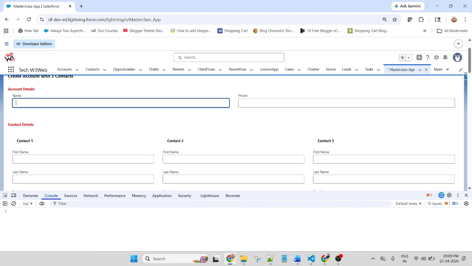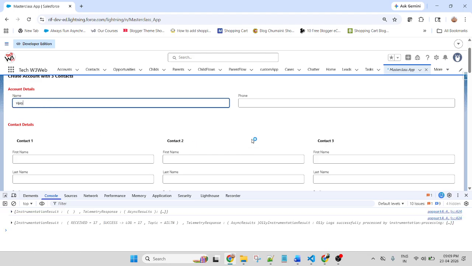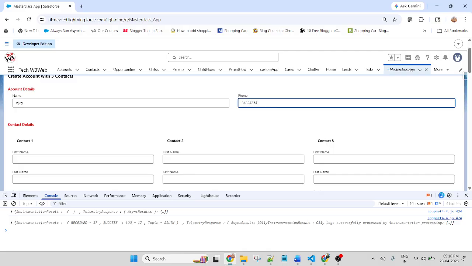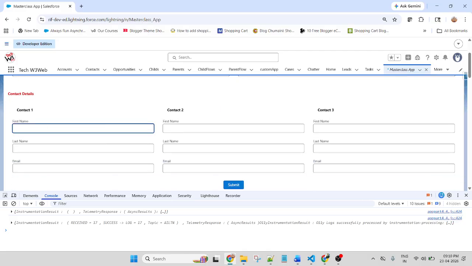Let me put V. Yeah, that term is working good. So Vijay, let me put for testing purpose. Vijay, this is a phone number. Contact Mohan Lal, Mohan at the rate.com.